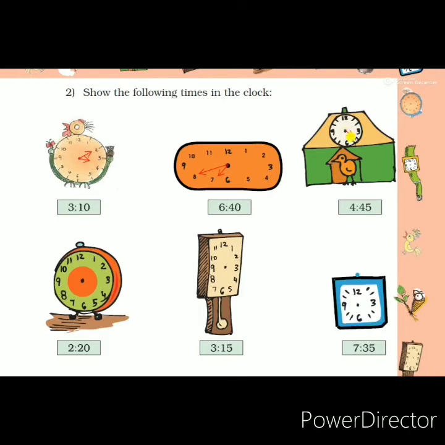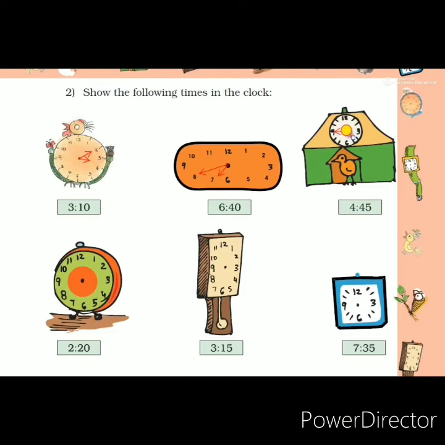That is quarter to 5. Yesterday I explained that 4:45 means quarter to 5. We can say the time as quarter to 5 or 4:45. That is 15 minutes to 5. So the hour hand will be between 4 and 5, and the minute hand will be at what number? 9, because 9 fives are 45. Every time, to show the minute hand you take the table of 5 and count. When it reaches 45, then you show the needle on that number.